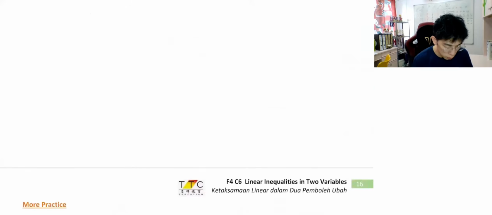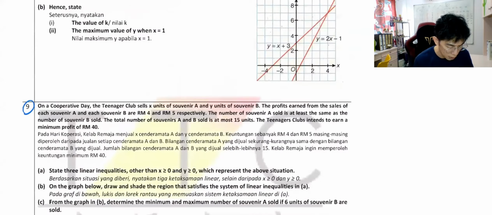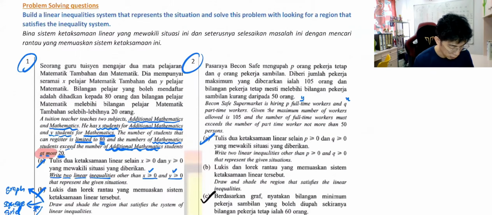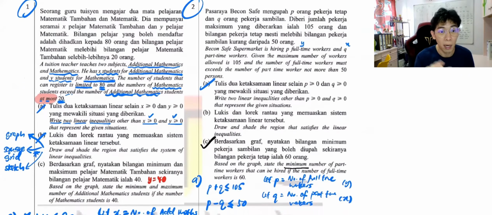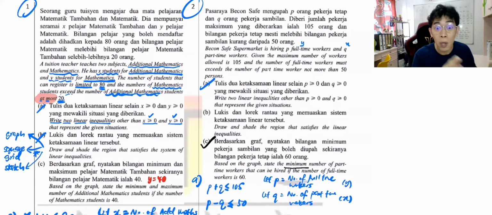Come, let me show you. This is what I did with form 4, like last month or 2 months ago. Now you see, they are level different. They have to read the whole question, you see. A tuition teacher teaches 2 subjects, additional mathematics and mathematics. Do you notice when you do linear equation,